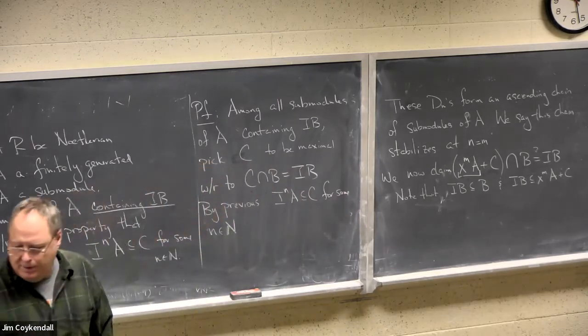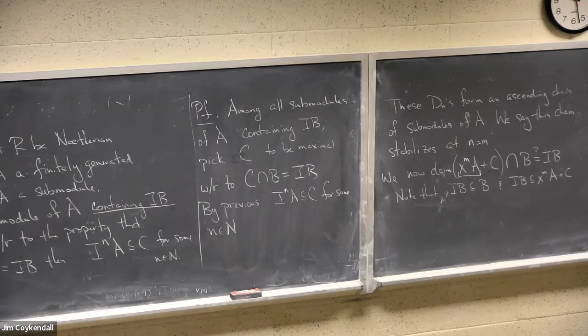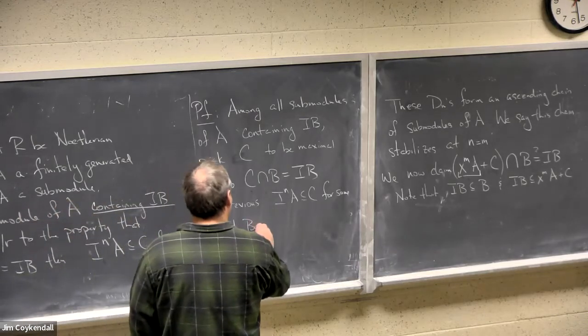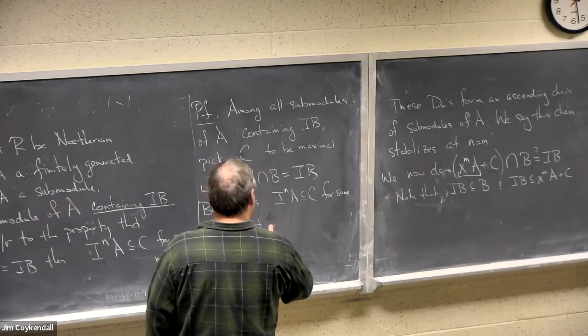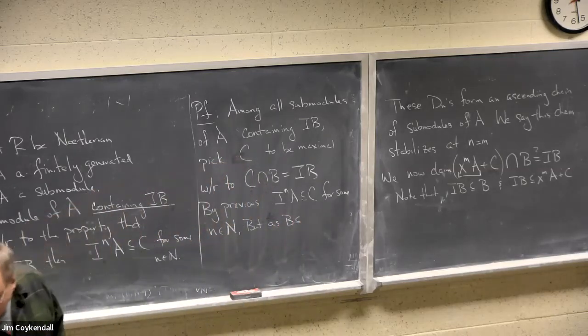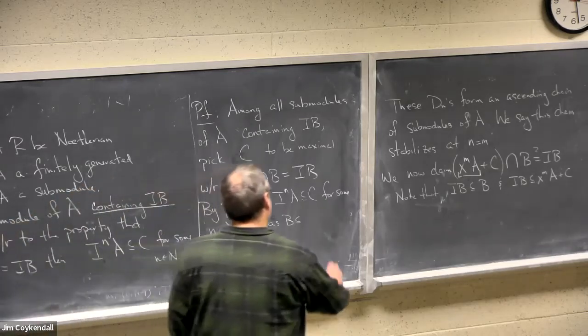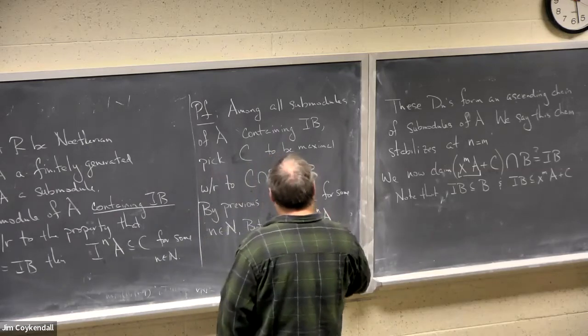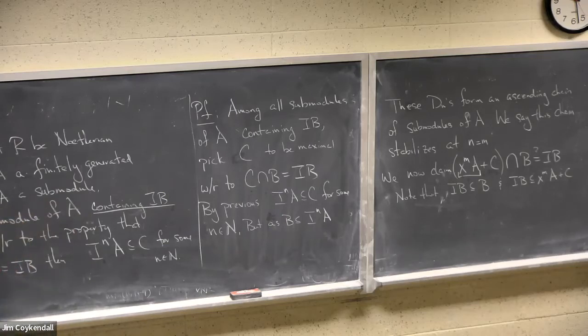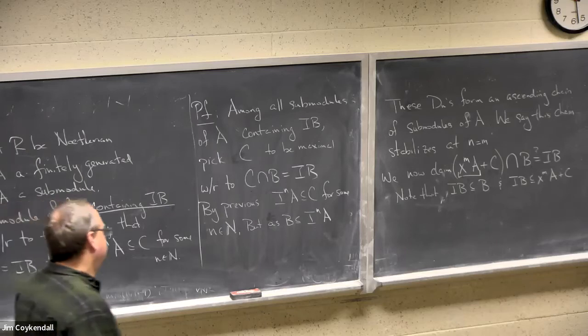There's a natural number, lowercase n. But as B is contained in IA, whatever it is, right? Because in fact, B is contained in every IA, so it's certainly contained in this one. It must be the case that